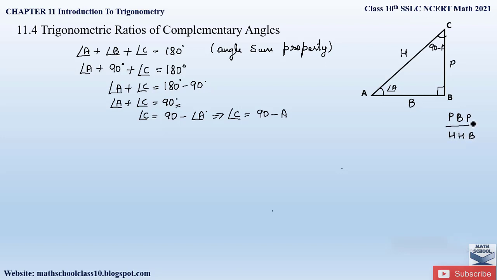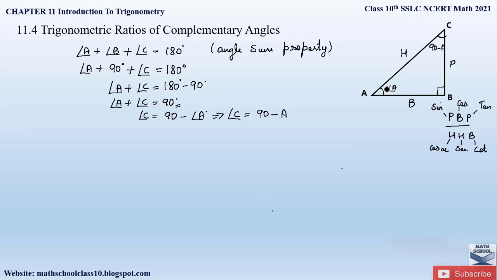So using this fraction, we can find out all the 6 trigonometric functions, where perpendicular by hypotenuse is sine, base by hypotenuse is cos, and perpendicular by base is tan. Again, the reciprocal of this, that is hypotenuse by perpendicular, is cosecant, hypotenuse by base is secant, and base by perpendicular will be cot. This is the easiest method to remember the 6 trigonometric functions. So now let us apply all the 6 trigonometric functions to this triangle ABC.